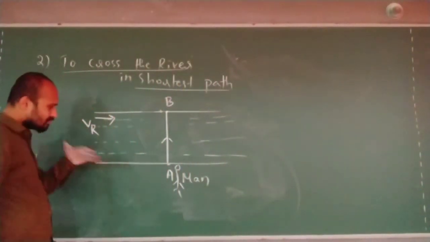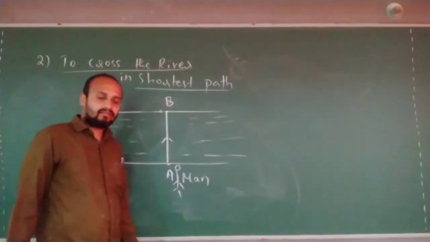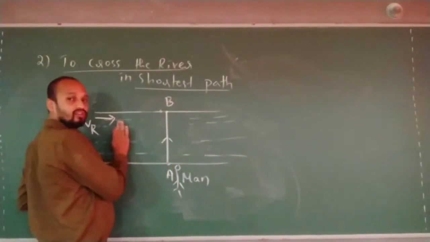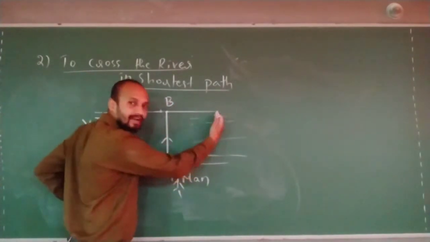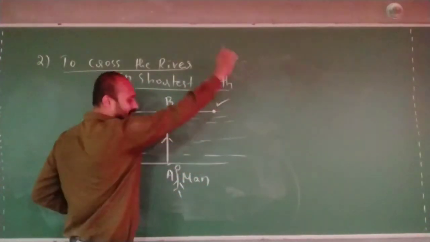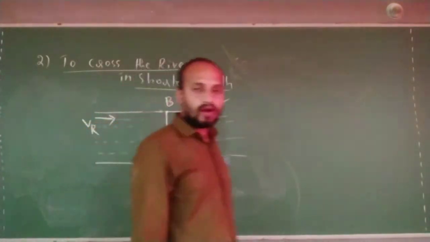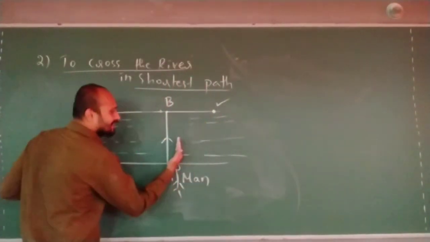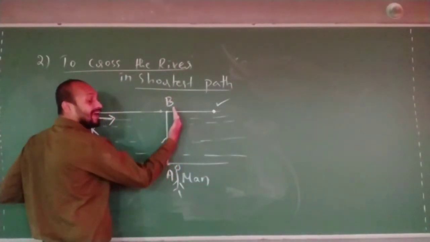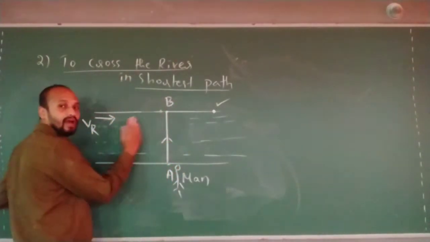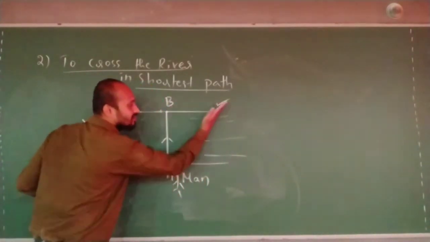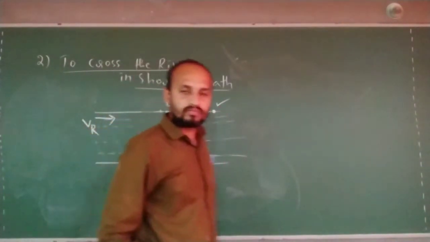Now, in reality, if he starts to swim here, this water will push him towards the right side. Somewhere he will reach another point towards the right side. Correct now? Because by the time he is moving from point A to B, this river will push him right side, such that he will not go like this, he will go like this. Yes or no? Correct?